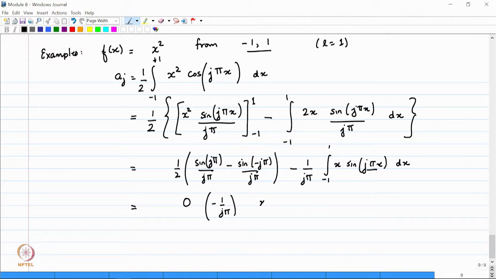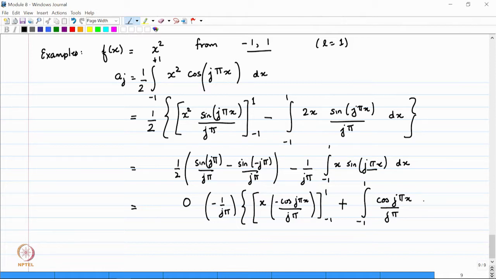So, the first term is x, integral of sine is minus cosine j pi x divided by j pi. This whole thing is evaluated from minus 1 to 1, and then you have minus integral of, now what I will have is derivative of x is 1, and I will have a cos j pi x dx. So now what I can write this as,